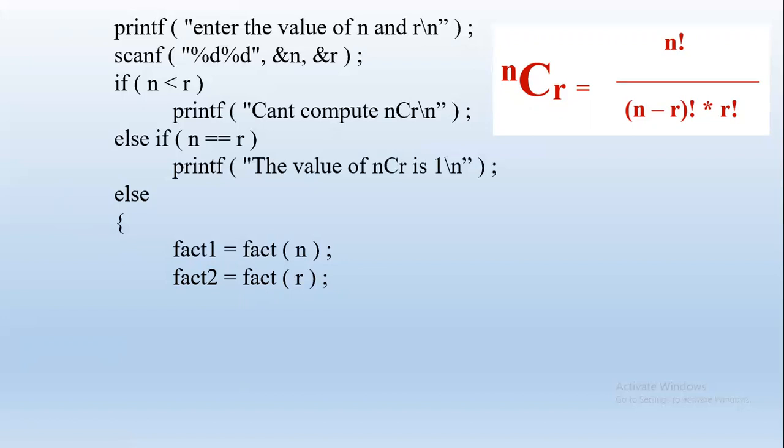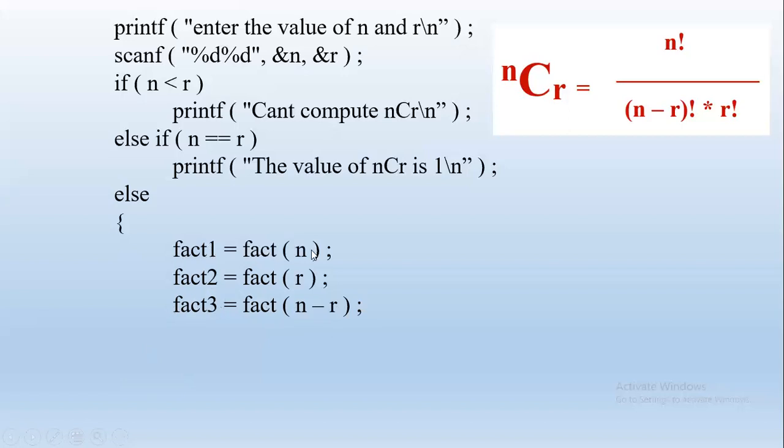So when control goes back to the function definition and calculates the factorial of 3, which is 3 into 2 into 1, 6 is stored into fact 2. Next, we pass n minus r. So 5 minus 3 is 2. The actual parameter value 2 gets copied to the formal parameter in the function. So n value becomes 2 and we find the factorial of that. That is 2 into 1. It returns 2, so 2 is stored back to fact 3.